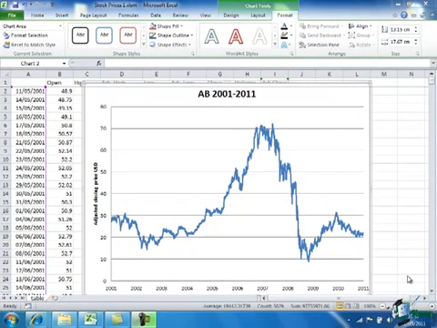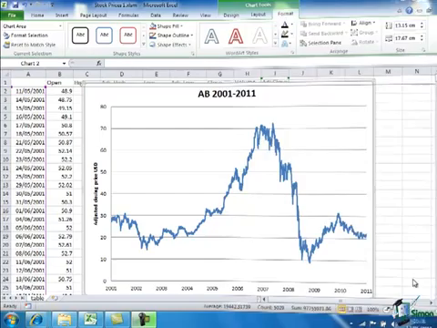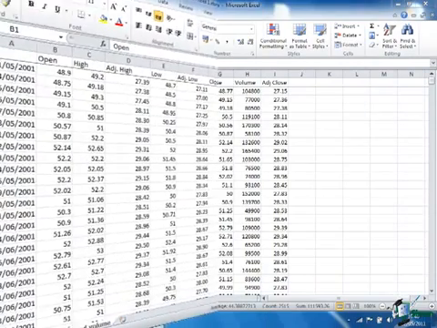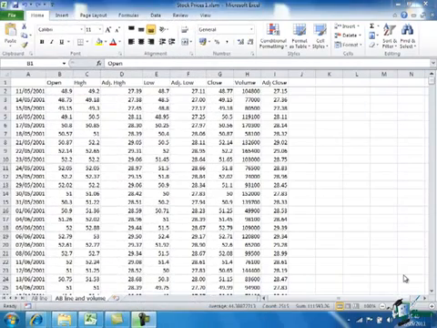So I'm now pretty happy with that chart, but I'm going to do one more thing to it, and this is quite a common and popular requirement, which is that I'm actually going to also show the volume of trade on the same chart, and there's a particular way of doing that that gives a pretty good effect. Now what we're going to do effectively is to draw two charts on the same graph. So what we're going to do is plot the adjusted close again, but we're also going to